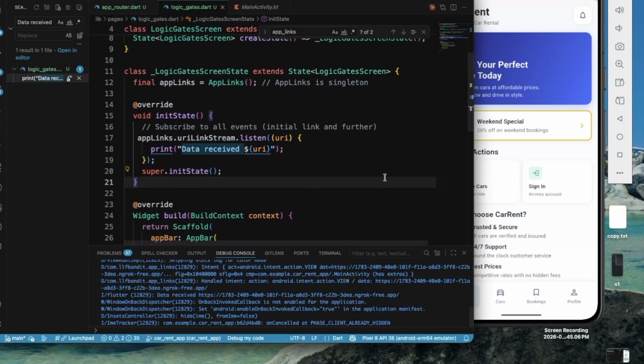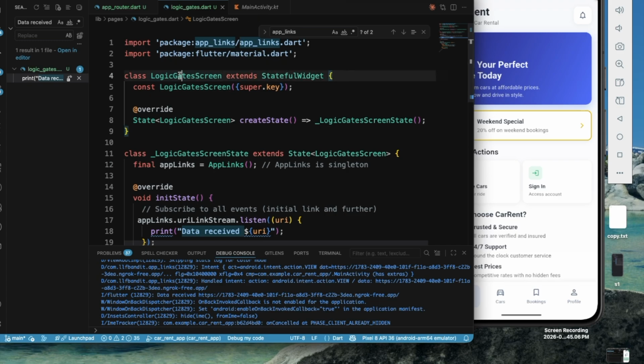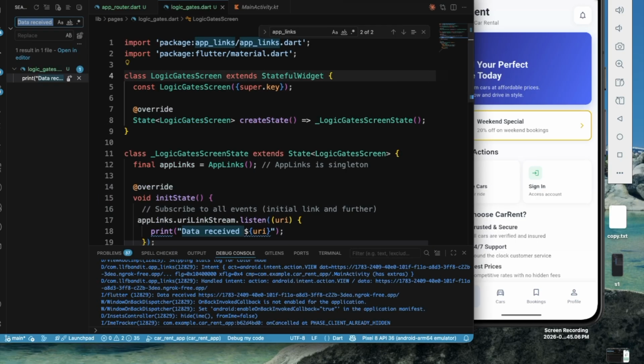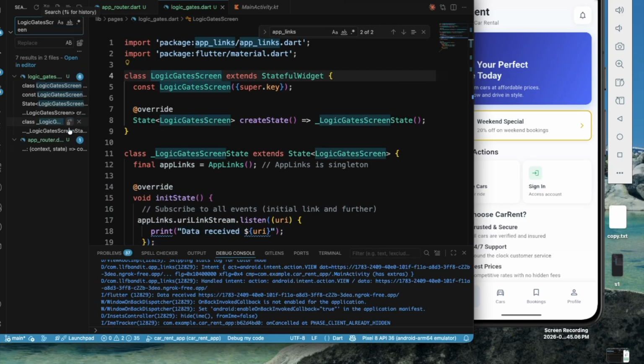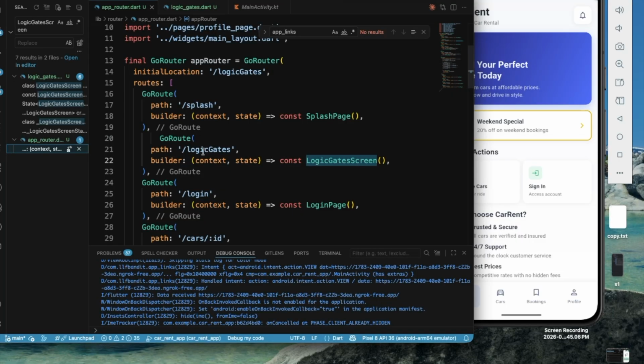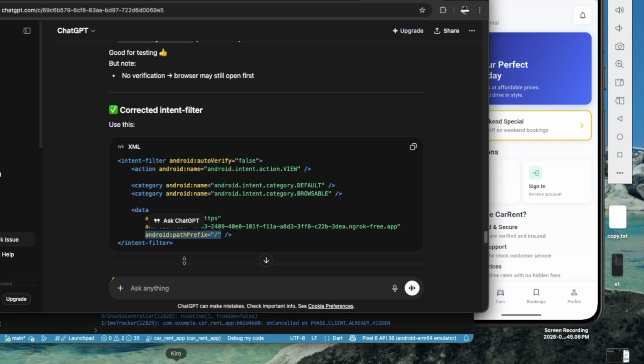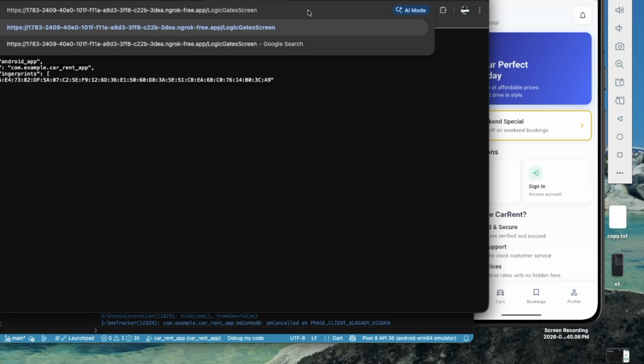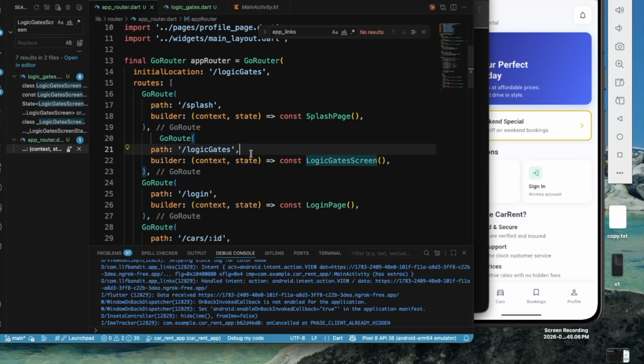So for example, this logic gate screen is present in some sort of route. I'm using Go router. You see, I have this logic gate present over here. So if I try to access the same, let's say I have this domain, and if I provide the exact route name,